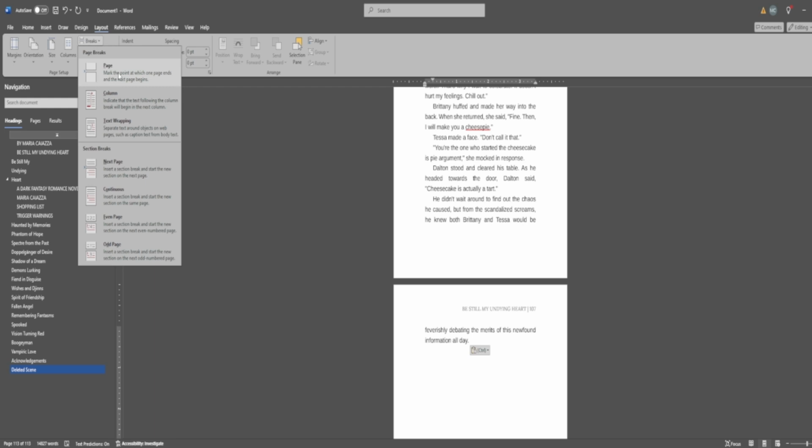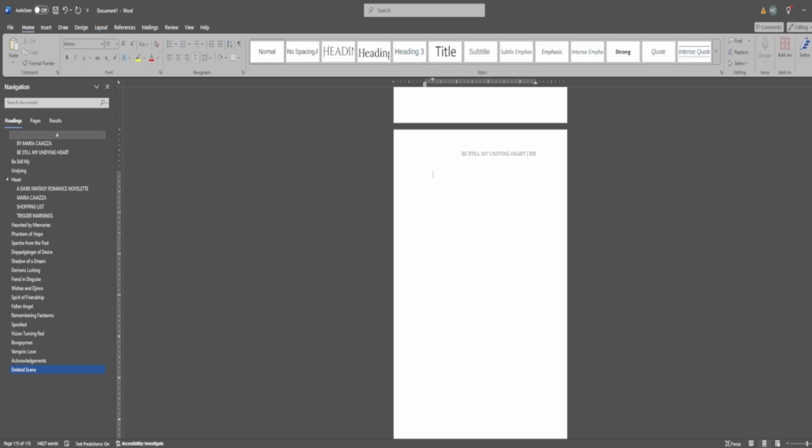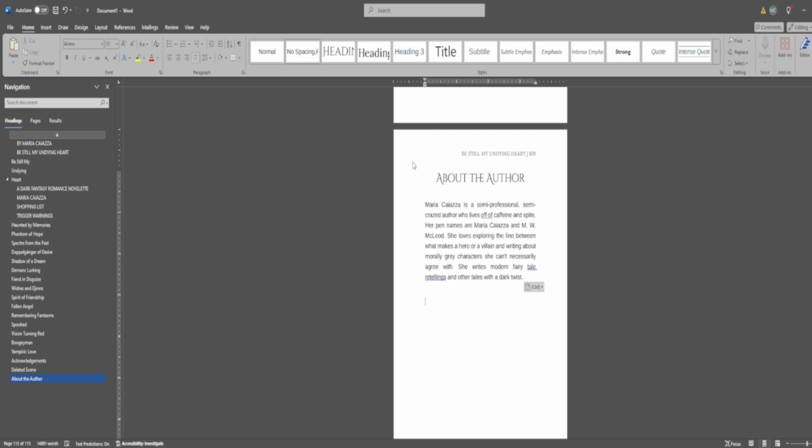And notice how I'm doing page breaks now, because we're not going to have the headers up here anymore. Okay. And this is the last page that I'm going to put anything on. The next page will be intentionally blank. And we're going to do that. And we're going to go no spacing. And we will copy that. And from there,